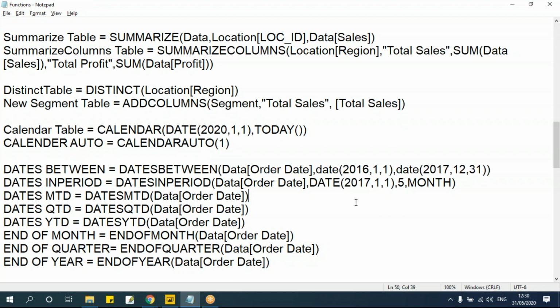But let's concentrate on this. Next is dates between, dates in period. Dates between is similar to what we had with this calendar. Same thing. It will give me the dates between the dates I have mentioned here. Say for example, here I have this dates between. So let's take this